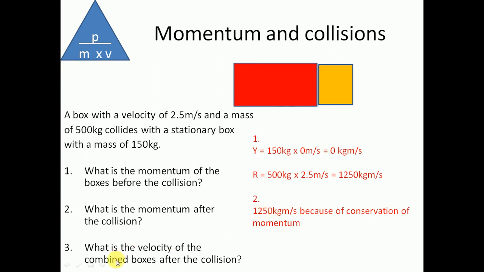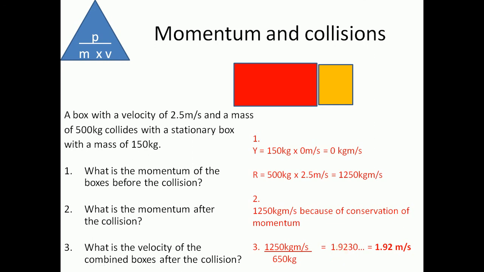And it is important to remember these are combined boxes, so actually we can treat this yellow and red box as a single box now, and it is a single box with a combined mass of, in this case, 650 kilograms, because we have 500 for the red and 150 kilograms for the yellow. So combine those two together, 500 plus 150 gives us 650. So our momentum is 1,250, our combined mass is 650, divide these two, and therefore our velocity is 1.923